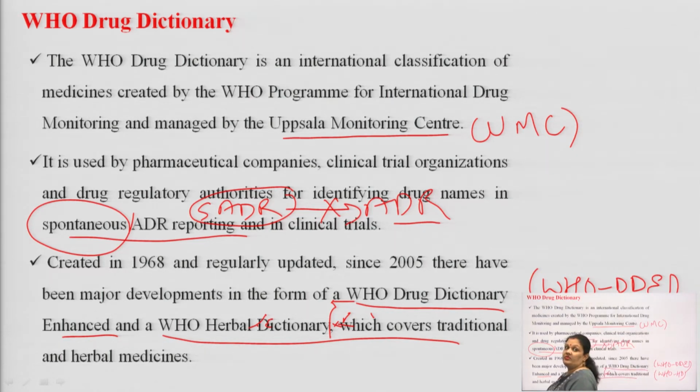These two different terminologies cover the traditional folklore, or we can say the ethnopharmacological use of herbal extracts, phytopharmaceuticals, or the herbal medicines we have been using since ancient times, like the Charak Samhita and Sushrut Samhita, for the treatment of various disorders and diseases. So this is the new version, or we can say the update after 2005, the involvement of WHO DDE and WHO HD. HD means herbal drugs.